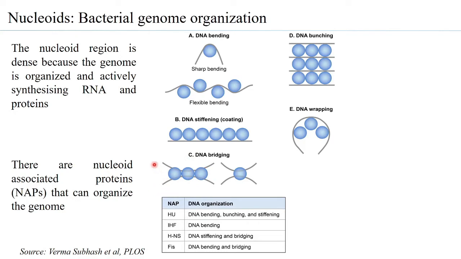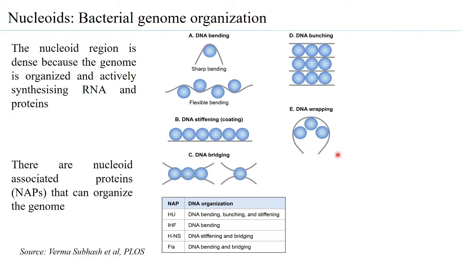Please do understand that the genomic DNA of the bacteria is always a closed circular DNA. So the nucleoid has a DNA, but this DNA does not have free ends, so it's not linear. It is always a closed circular DNA. Although there are exceptions, there are many bacteria that have been found to have a linear DNA as well. But most bacteria have a closed circular DNA.